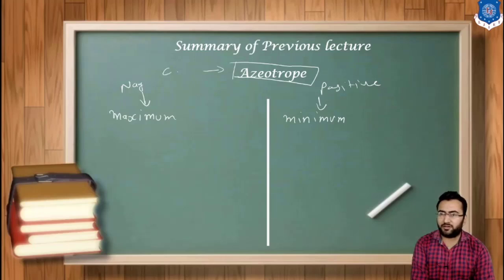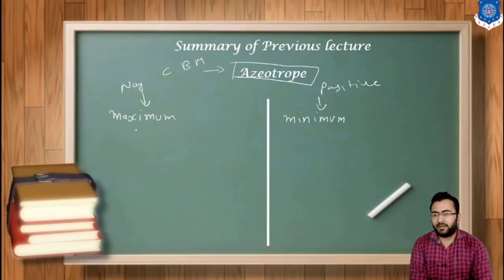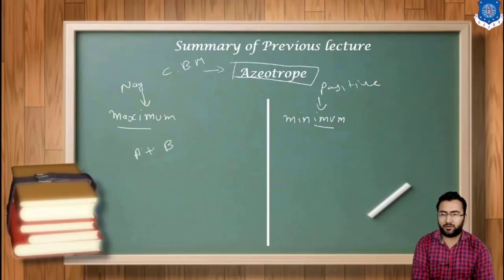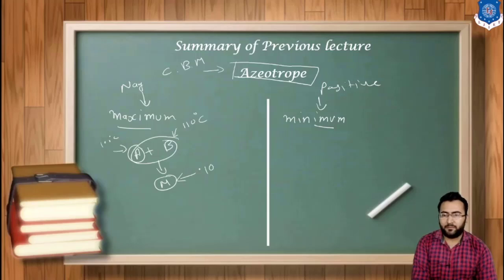An azeotrope is known as a constant boiling mixture, so we cannot separate it by simple distillation. We have to use various techniques to break this azeotrope. Then we discussed the maximum boiling azeotrope and the minimum boiling azeotrope. Suppose the solution is made of two components, A plus B. Component A has a 100 degrees Celsius boiling point, and component B has a 110 degrees Celsius boiling point. Now if you mix these components and make solution M, the boiling point of this solution M is 115 degrees Celsius,